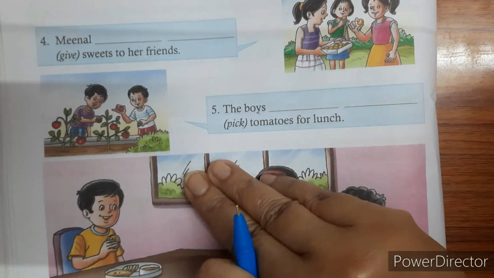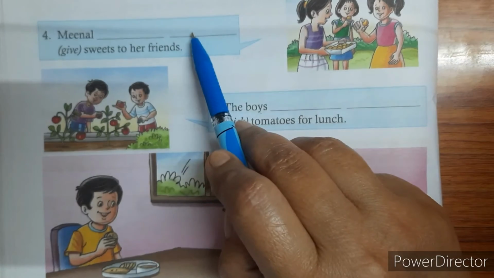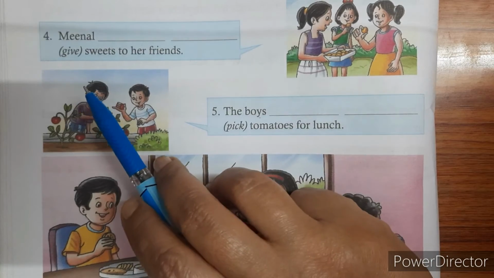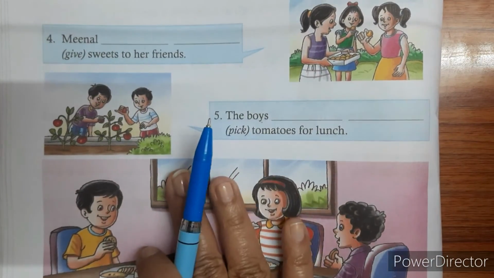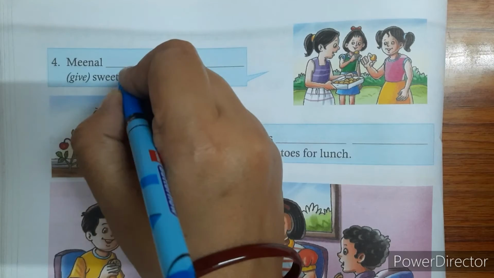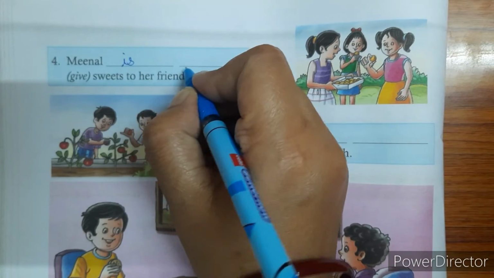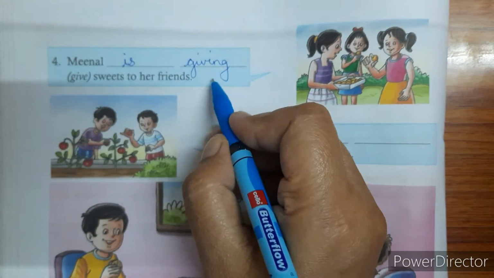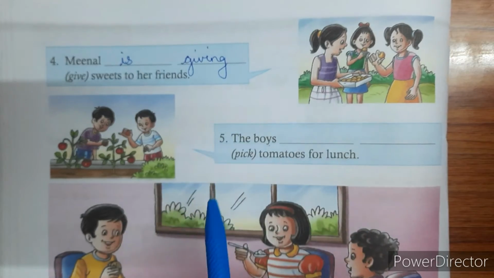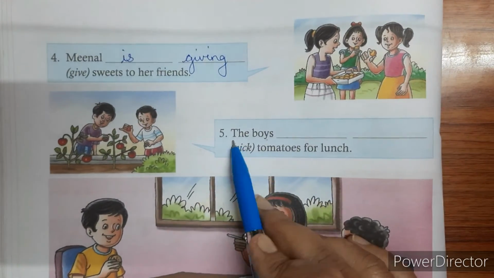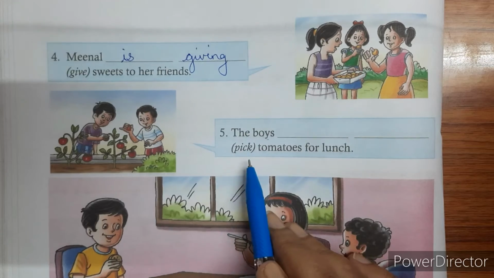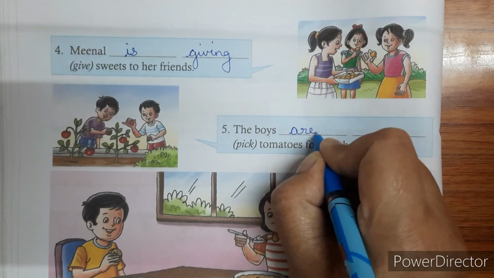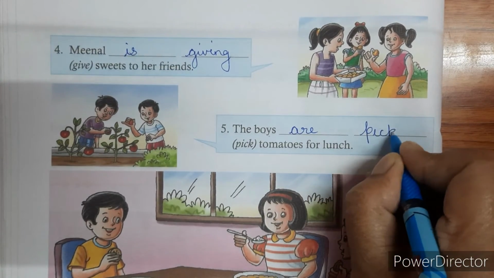Sentence number 4. "Meenal dash dash give sweets to her friend." Now the action is happening as we speak of it, students. So we will use the helping verb is, and give becomes giving. Meenal is giving sweets to her friend. Look at the next picture, students. "The boys dash dash pick tomatoes for lunch." The boys are, pick becomes picking